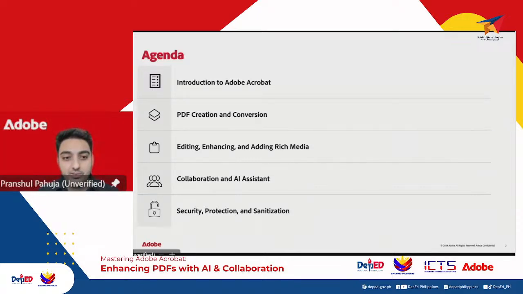I'll show you how you can use AI assistant for working with PDFs, not only on your desktop, on your laptop, but also on your mobile phones. We'll be looking at that as well. And last but not the least, for the documents which we have worked on, it's really important to make sure that the security of those documents is taken into account. So I'll be talking a bit about how you can secure the documents, what are some of the options possible, what are some of the configurations possible, and what are certain things which you should keep in mind before you are working and before you are securing your documents so that they become ready for the final storage and your final sharing across these different channels.